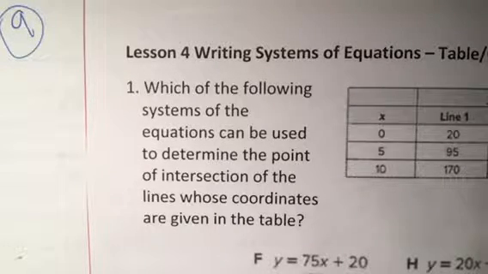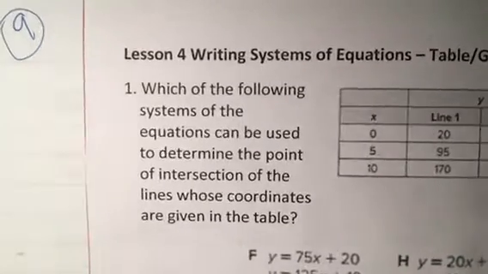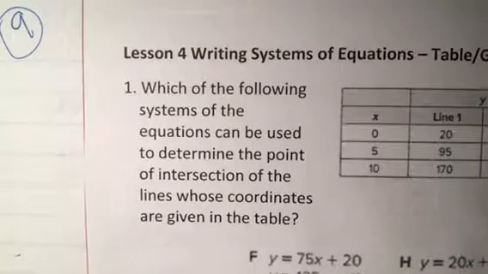But in this case, it wants you to look at the equations and know how to get the equations from it. So if you look at number 1, it says which of the following systems of equations can be used to determine the point of intersection of the lines whose coordinates are on the